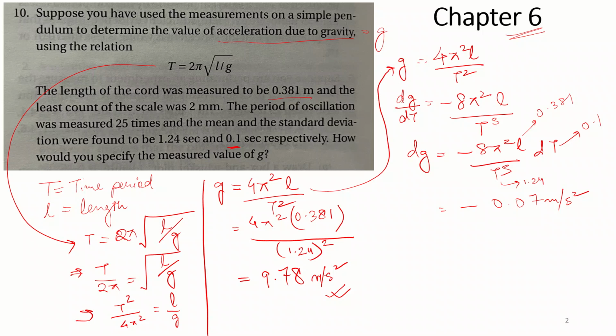Okay, anyway, that's the error in terms of t, that we can calculate, no issue. So now we have the error due to the term of t, and another term was the least count of the scale, so that will also have an impact on the measurement. So now we have seen the propagation of error, how it is when we have error given in terms of